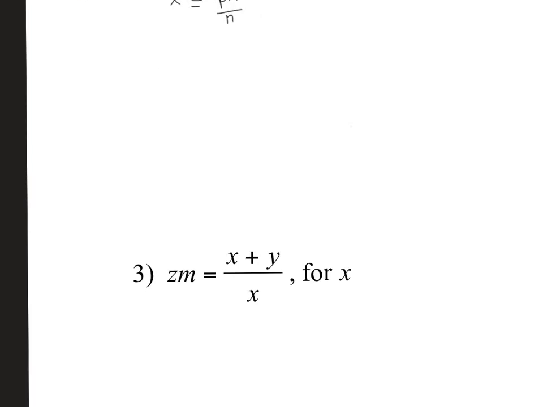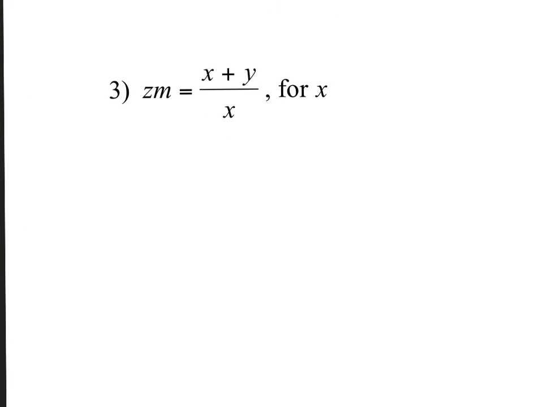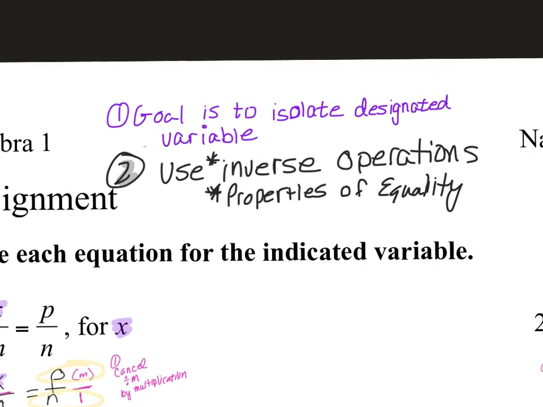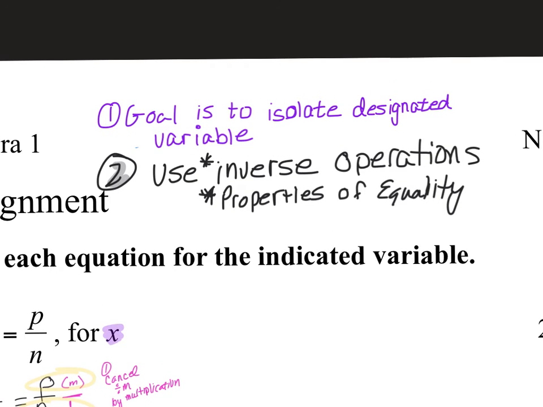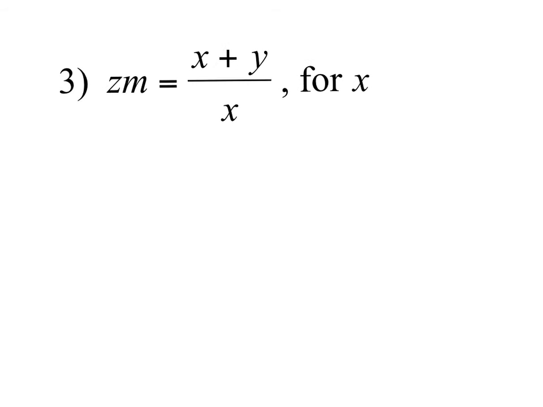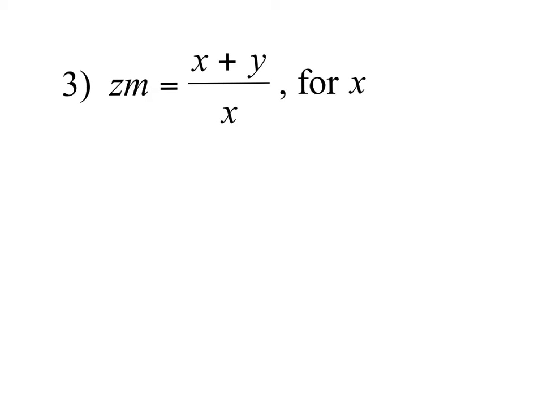Alrighty. So now, the rules that we've added so far were that the goal is to isolate the designated variable, and that we've got to use inverse operations and properties of equality. So what we need to do for this particular situation, well, we're going to have to do a couple of things, actually. So for starters, we need to write a big idea